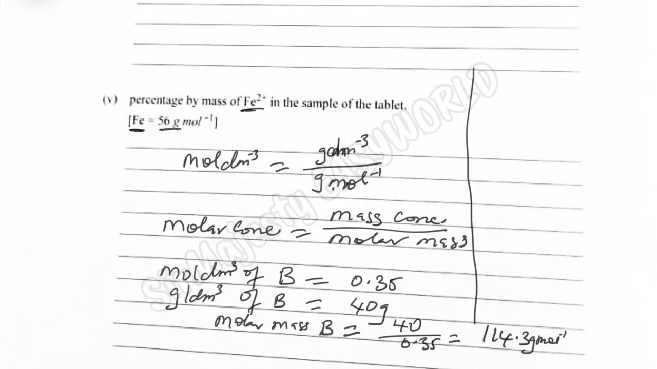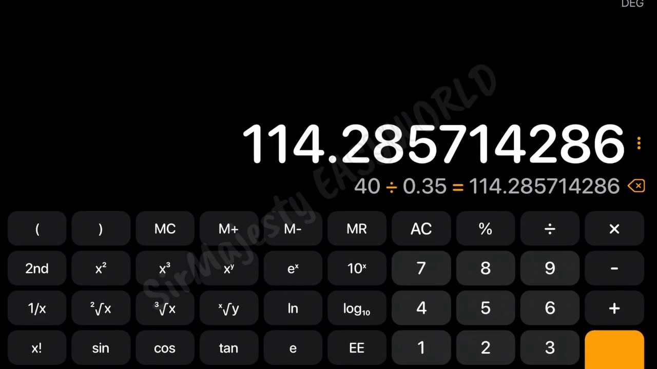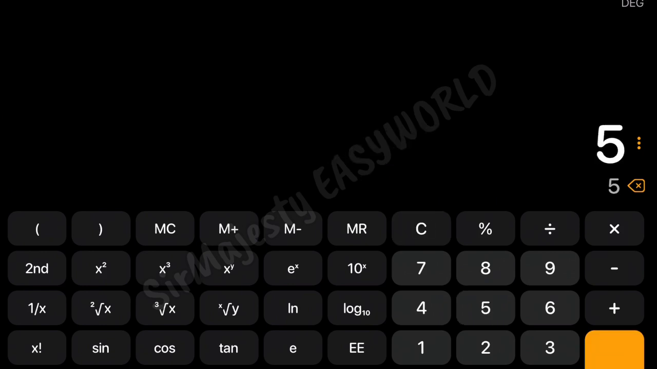The percentage by mass of iron 2 in the tablet, iron 2 is already 56. So we will have 56 over total mass, which is the molar mass of the whole iron tablet. The molar mass is 114.3, times 100 over 1. So from the calculator, 56 over 114.3 should be